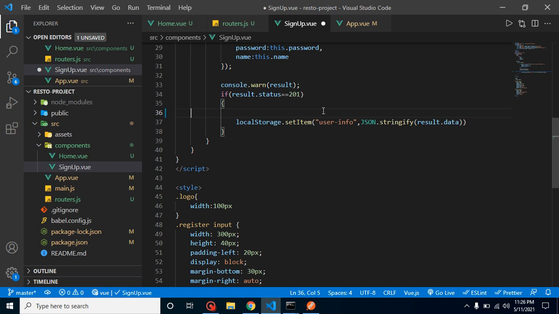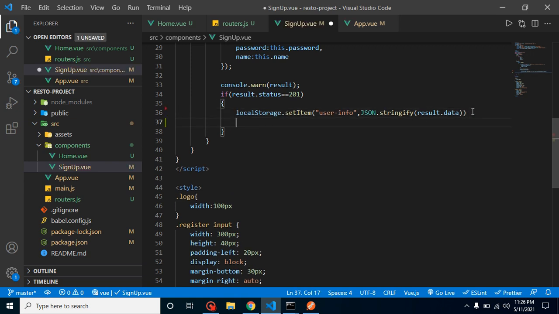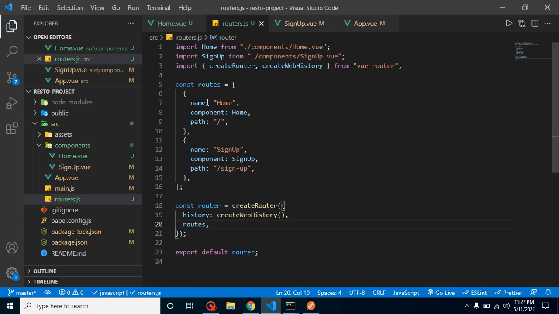We just created it in the last video for dummy purposes. We simply put here this.$router.push, and here we can put name and our component name, home. You have to put the same name as you defined here. If you defined xyz, then put xyz here, and it will load that component, right?